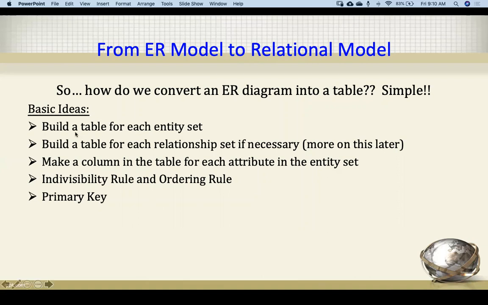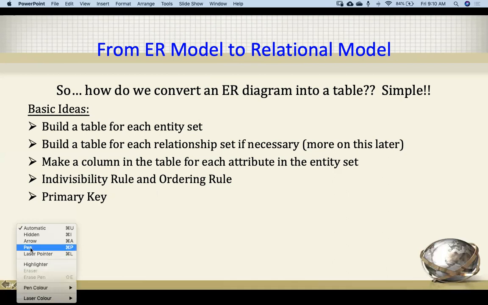So it is saying that we have to create one table for each entity set. Then build a table for each relationship set if necessary. More on this later. Now it is saying that we have to create the table for the relationship set also. So how can we define a relationship in the ER model? The relationship will be defined with the help of the diamond shape, right?